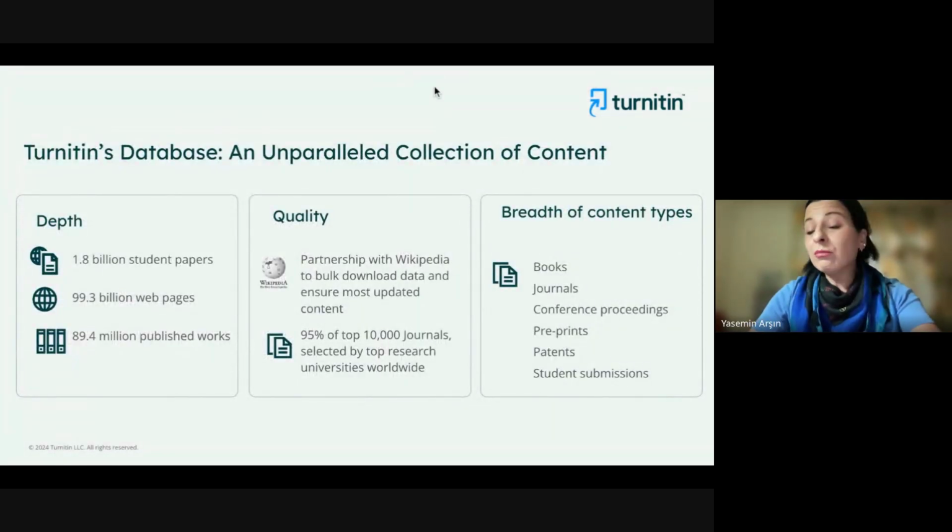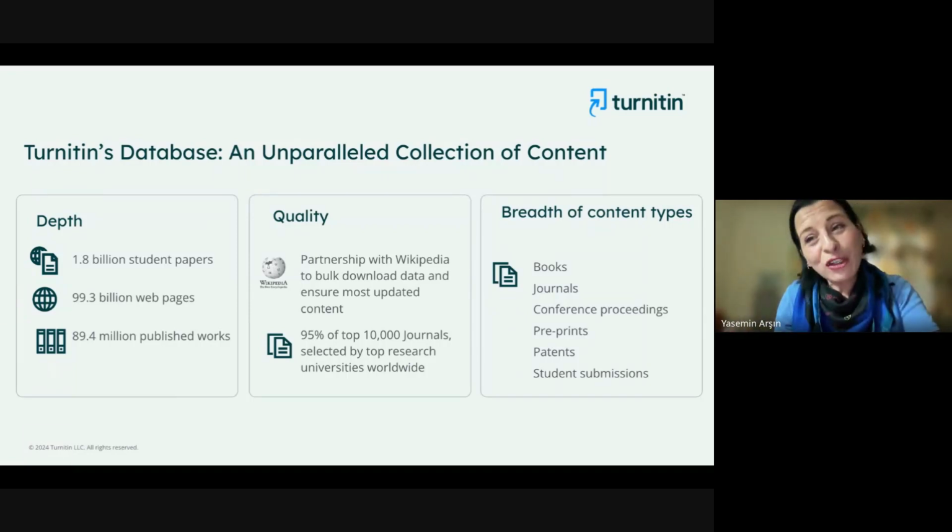And as you are an active user of TFS, I know that you're already familiar with our company, what kind of products and services we offer, etc. But most probably your institution is using TFS because of its database. Turnitin has the fastest growing content database in the world. So that is why when you upload a paper on Turnitin.com, or if your students upload their papers on Moodle with Turnitin integration, that means those papers will be checked against the whole database.